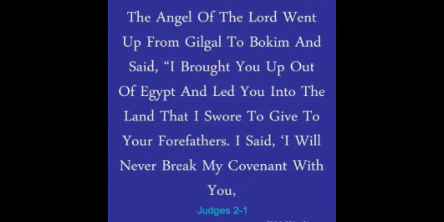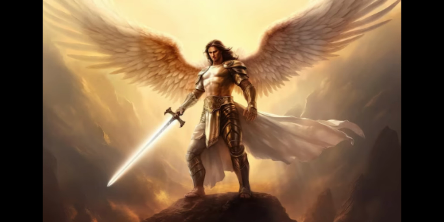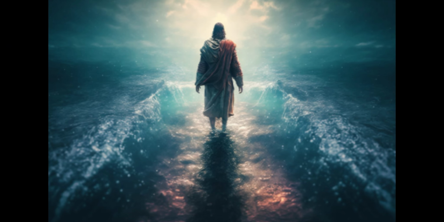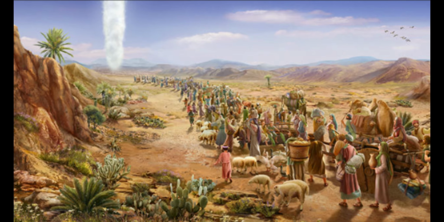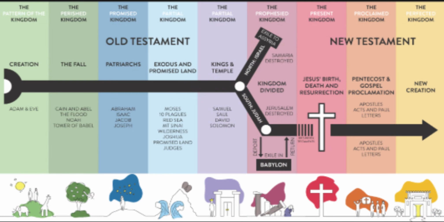Judges 2:1-4, after the wilderness years: the angel reminds Israel of God's covenant and rebukes them for disobedience. Divine authority: the angel speaks as God himself, not just as a messenger. Forgiveness of sins: only God can forgive sins, yet the angel is described as having this power. Foreshadowing Christ: just as Jesus later leads his followers, the angel led Israel, guiding, protecting, and disciplining. Continuity: this interpretation emphasizes that Christ's work didn't begin in the New Testament. He was present throughout salvation history.